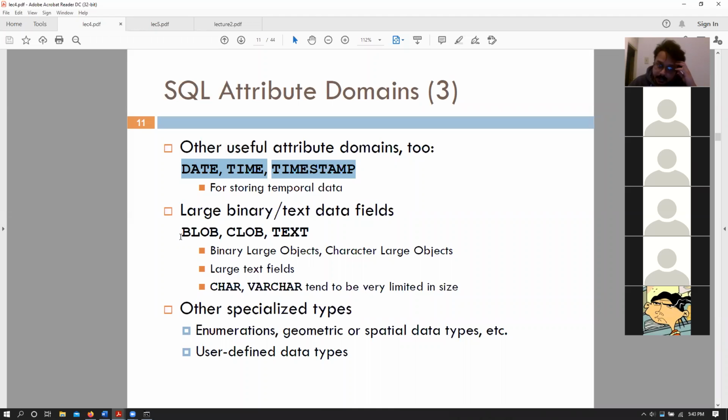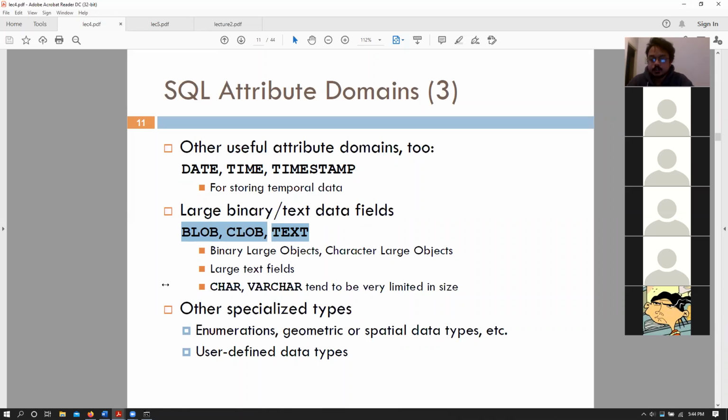That also applies to other things as well. We also have some other domains that allow us to store very large fields. So for example, characters and integers allow us to store 64 bits, or the maximum that we talked about was varchar that had 64 kilobytes of memory allocated to it, and that is the maximum that it can go to. But what if, for example, you have a student database that also stores their faces as images?